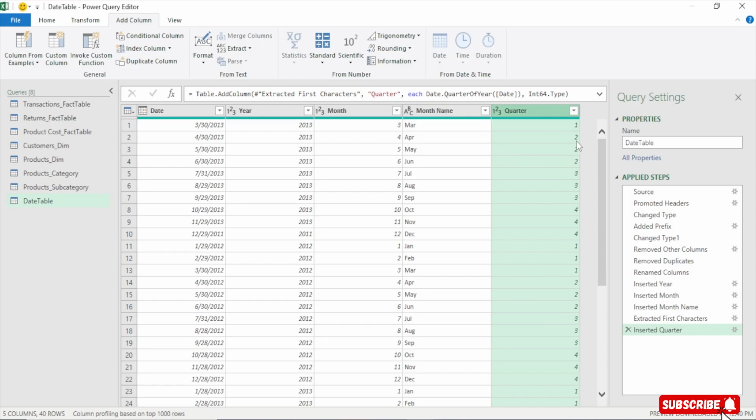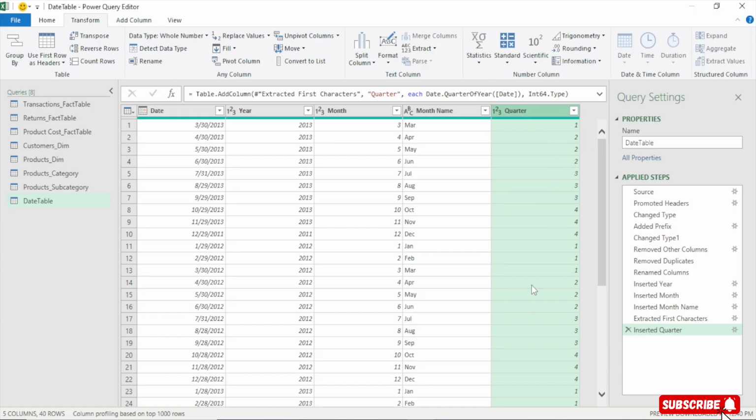So you see, with 1, 2, 3 doesn't make sense. So let's add something to it, like maybe QTR or quarter one. Do you see that? Perfect. So select the quarter, go to transform because we are going to transform the existing column, right? Perfect. So on transform, let's go to